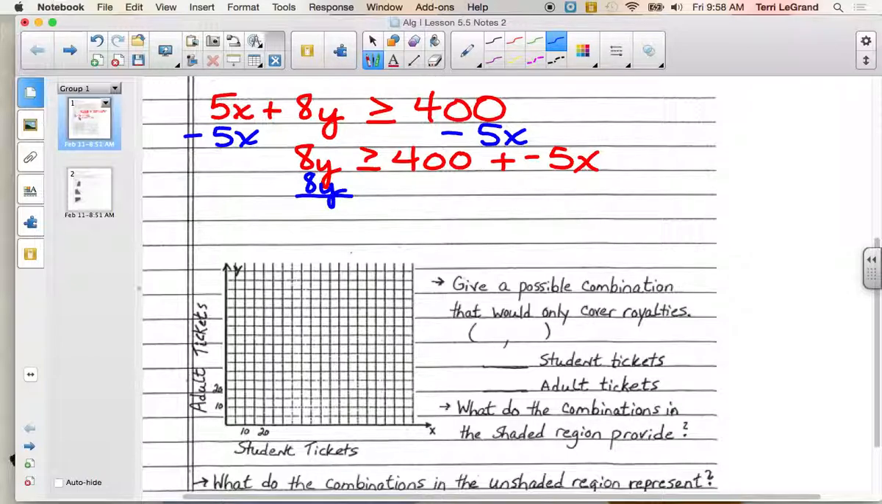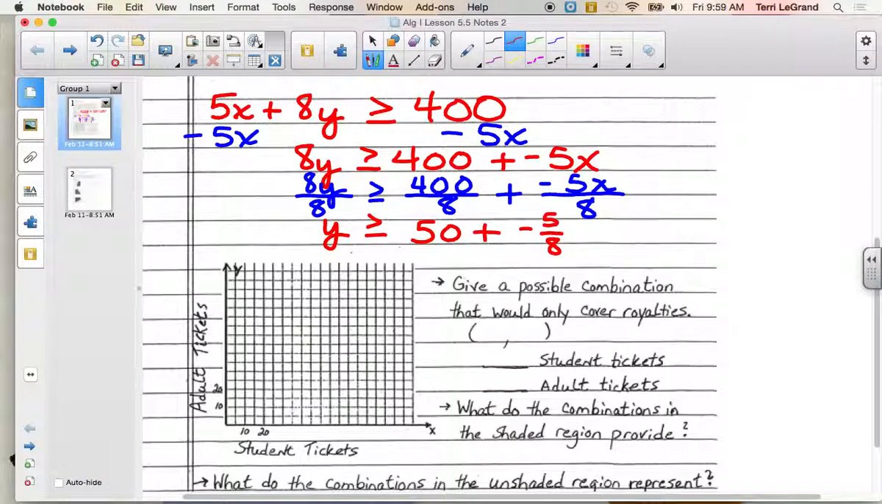I got some people who are still just doing whichever ones they feel like. The ones that maybe are convenient to divide by, I'm not really sure how the decision's getting made, but when we multiply or divide, it has to be to every piece of it. Did we divide by a negative? No. So we don't need to switch the symbol. So we have y is greater than or equal to 50 plus